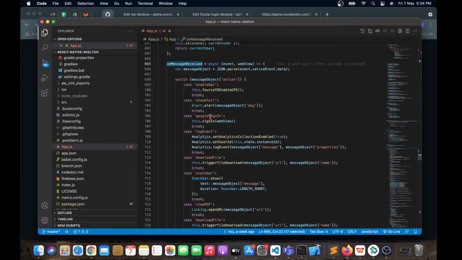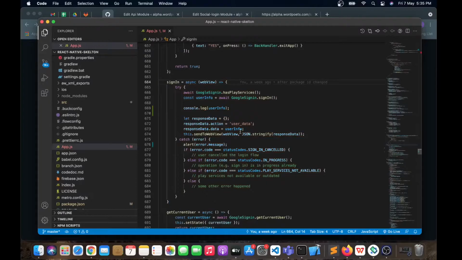Here we have an action, Google sign in. Whenever we send this action from our web view through post message communication, the sign in will get triggered. In this sign in we authenticate the user and send the data back to the web view.